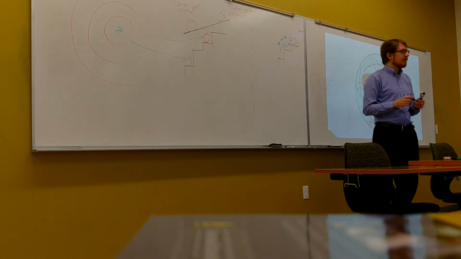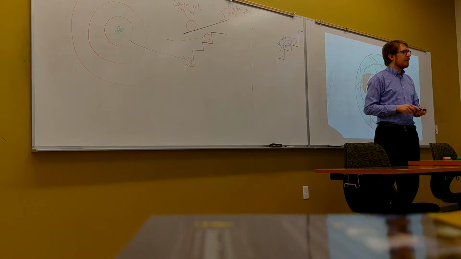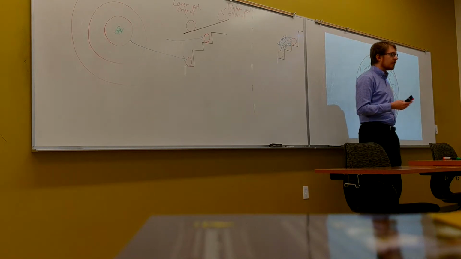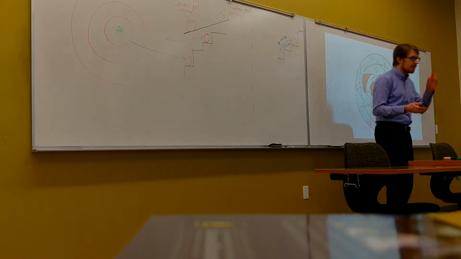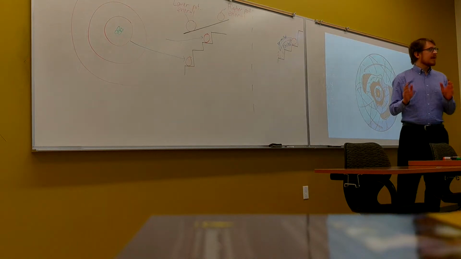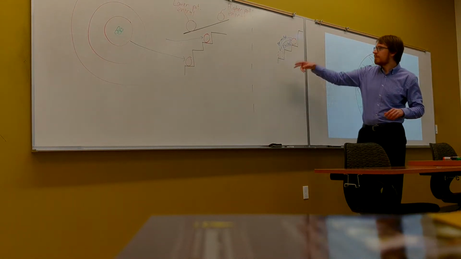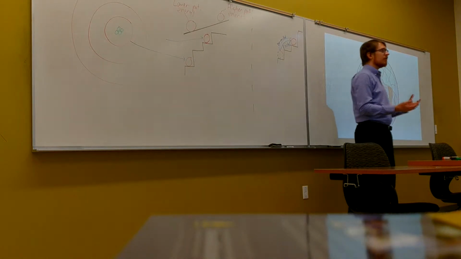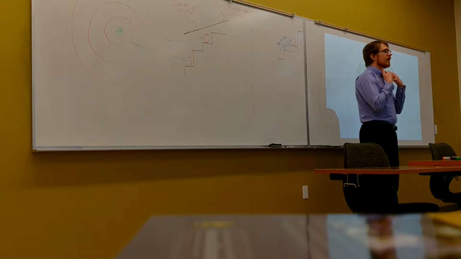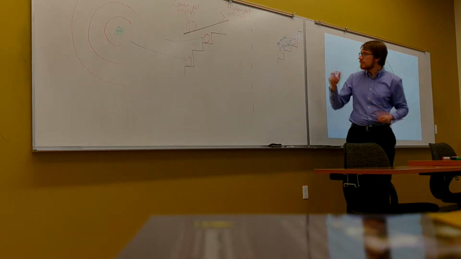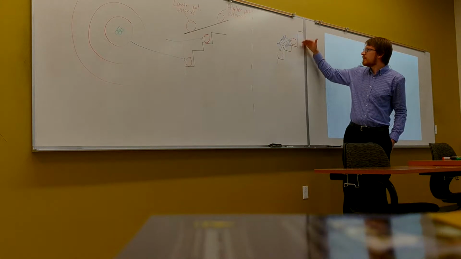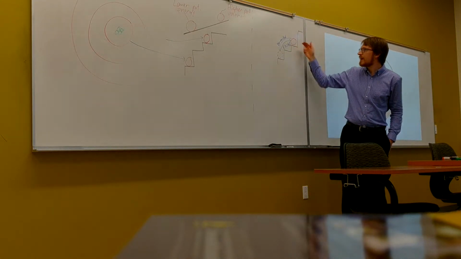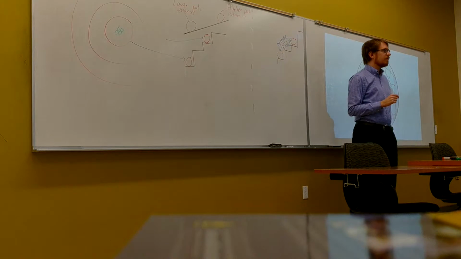But there's a problem here. That problem is that energy is conserved. So, when this atom becomes excited, when one of these electrons jumps up to a higher energy level, it's because something hit it. Some source of energy from outside came in, energy from light or from some other electron, and joined this atom. But now, when this electron is falling back down the stairs, falling back down to its original position,